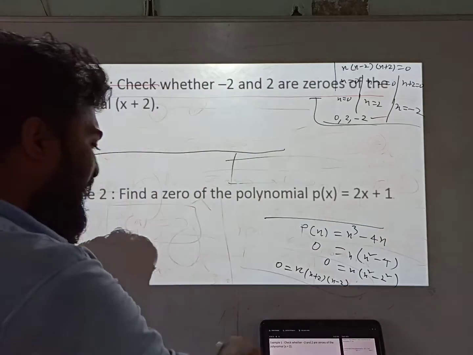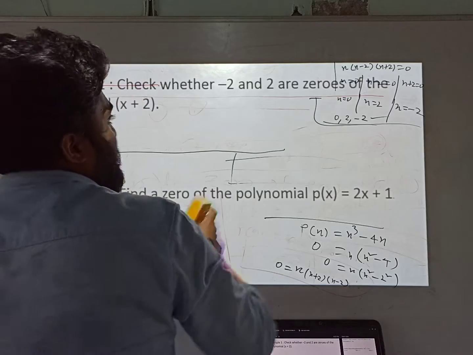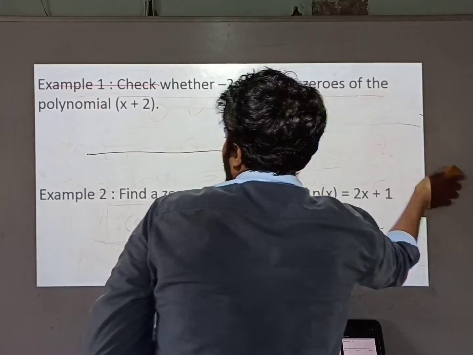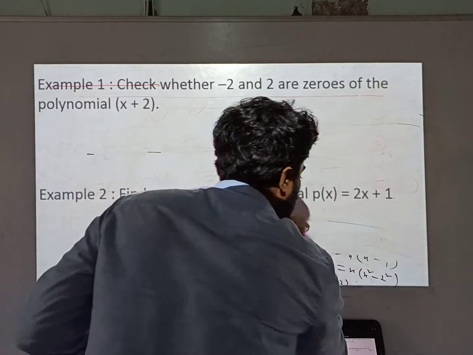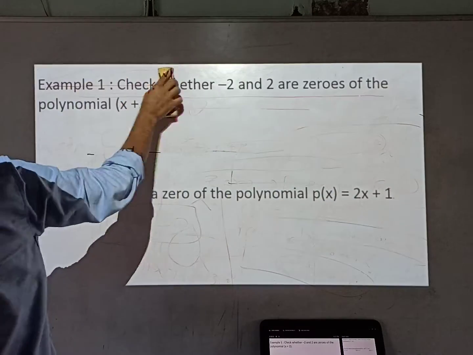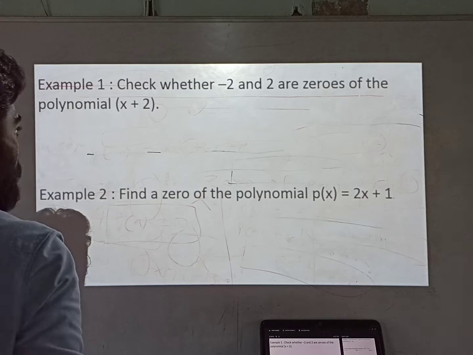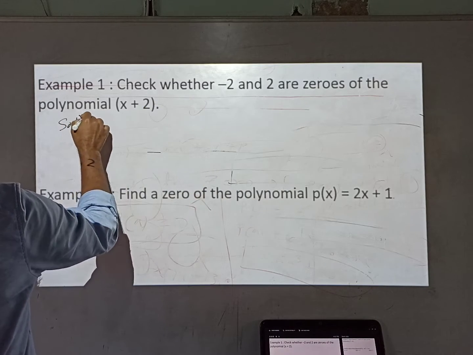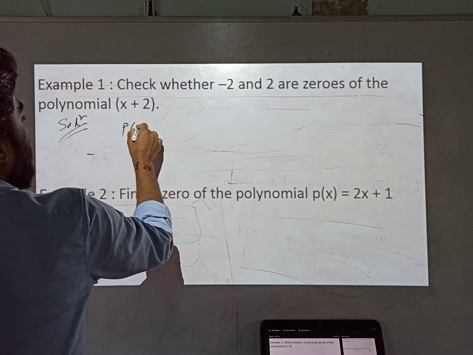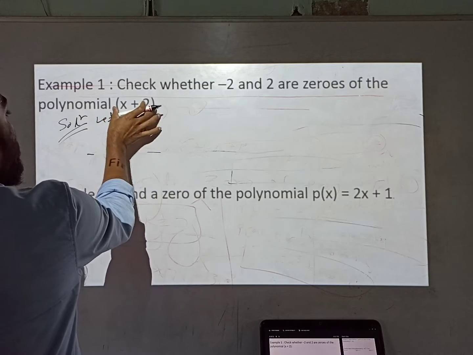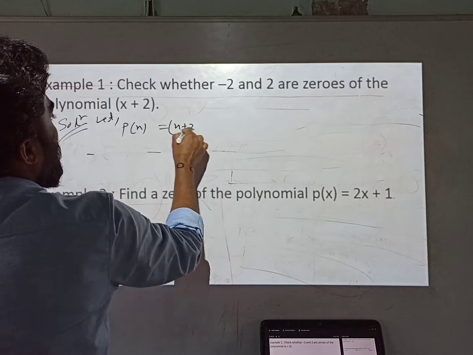Next, check whether these are the zeros. Okay, quickly we'll check whether they are the zeros of this or not. Check whether -2 and +2 are the zeros of the polynomial. So first, quickly, solution: let P(x) equals x plus 2, because we are checking